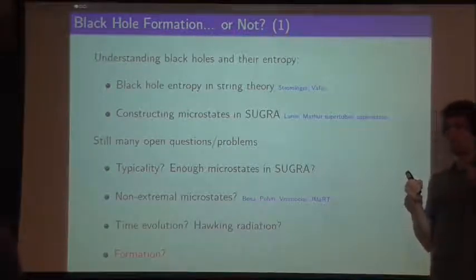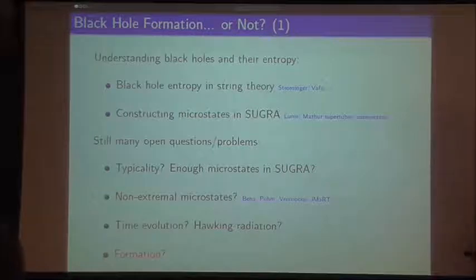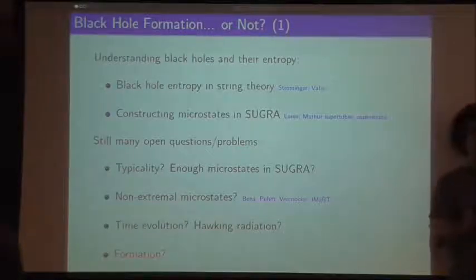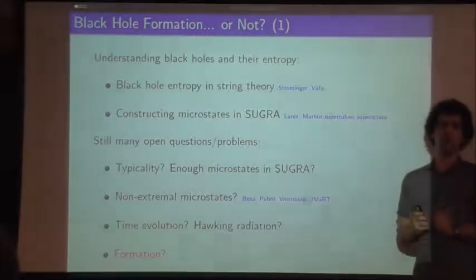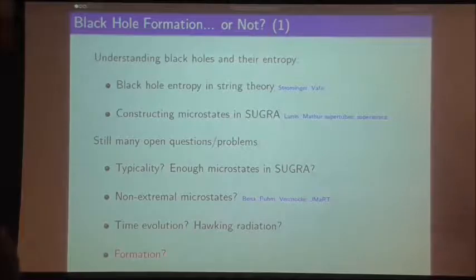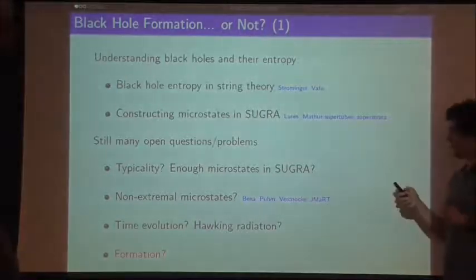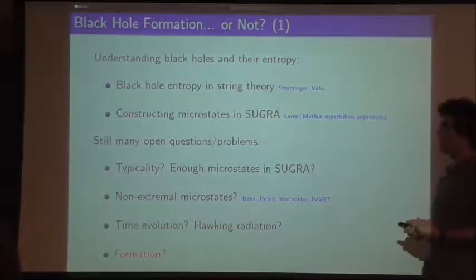You could also construct, of course, supergravity solutions which have the same charges as the black hole, but which have singularities. But there, I would say you're not really finding a solution in supergravity, because you have a singularity in the metric, and then you expect that stringy effects, quantum effects would come into play and not really be described by supergravity anymore. So what they're really doing is constructing states in supergravity with only the supergravity fields, and they're smooth in supergravity. So why is this working is one of the questions that you could ask.